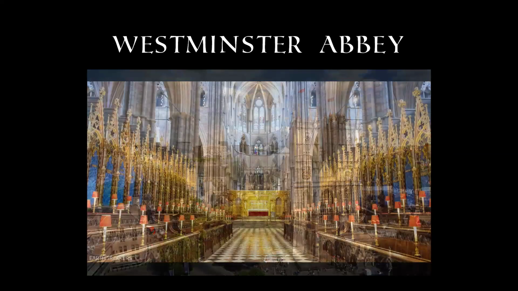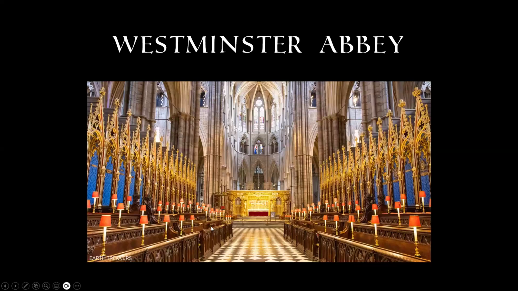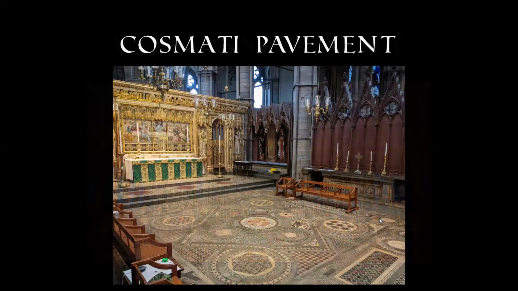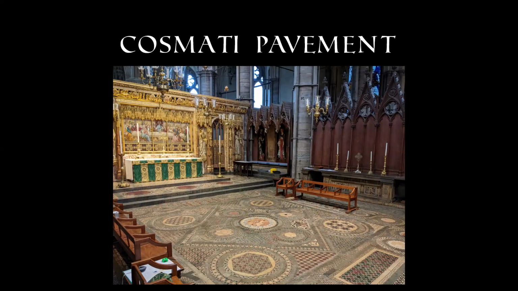Now let's move further eastwards in Westminster Abbey to this place here. Just before the high altar, you have what's known as the Cosmati pavement, which I'm sure many of you are aware of. It was used for the coronation of King Charles about a year and a half ago. It has lots of really beautiful geometric patterns on it, in what's known as the Cosmatesque style. Cosmati was the name of an Italian family of several generations that made this type of work. And this was constructed by Italian craftsmen in the mid 1200s.